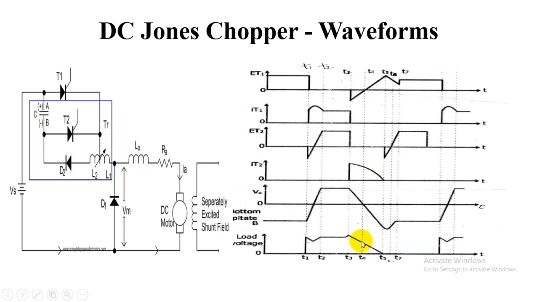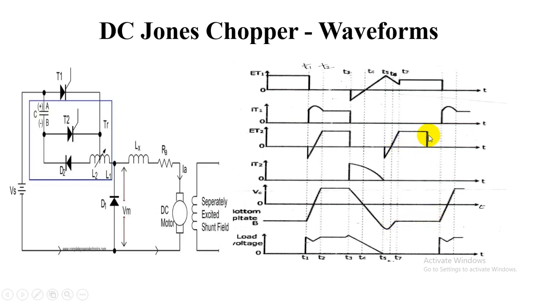And as soon as the thyristor T2 is on, then again at T5, we are not at all getting any output, but the current is constant. Even though there is no output voltage, the current is constant, which we are getting because there is a freewheeling diode which supports the continuous current to flow through the load. And during this period, again it's maintaining its value constantly.